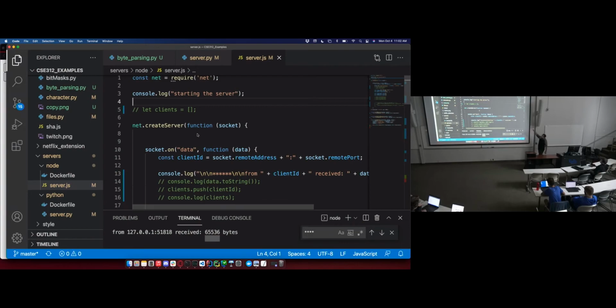And then each time you read, you say, okay, let me append this to my buffer, and then decrement however many bytes I just read from the bytes that I need to read, and just keep doing that until the bytes you need to read is 0,